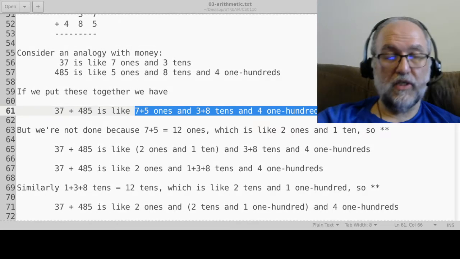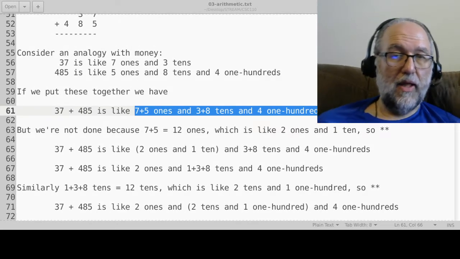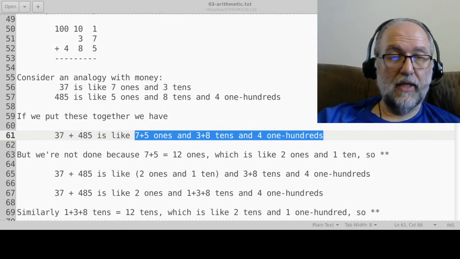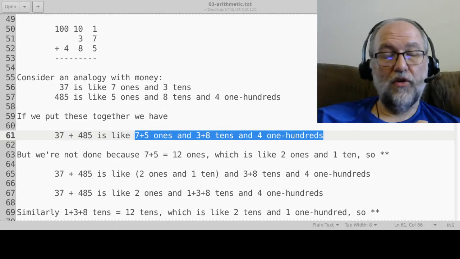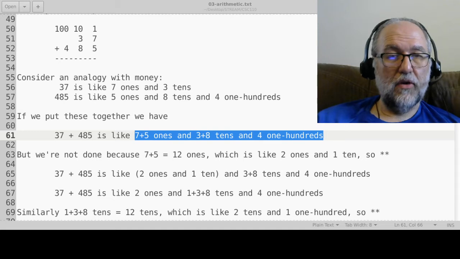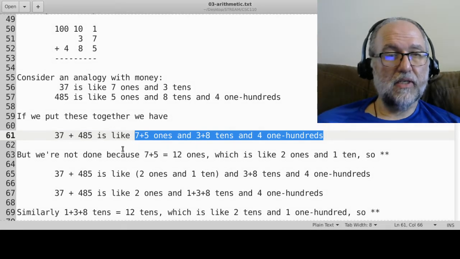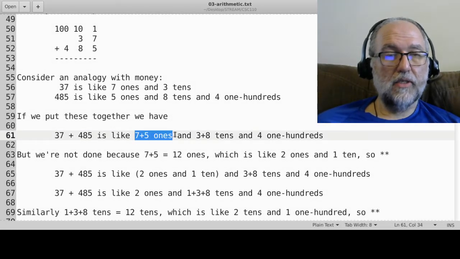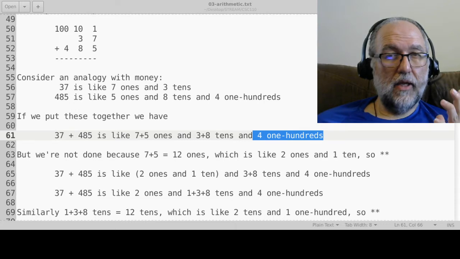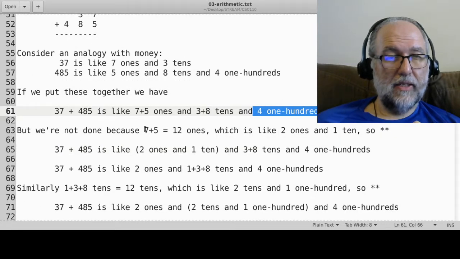Like if I had to give you $37 and I gave you them as 7 ones and 3 tens, and then I had to give you an additional 485, and I gave you that as 5 ones, 8 tens, and 4 100s, and you put the piles together, you would discover that you have 7 plus 5 ones, 3 plus 8 tens, and you would have 4 $100 bills. Okay, well, we're not done adding, because the next thing is you realize that